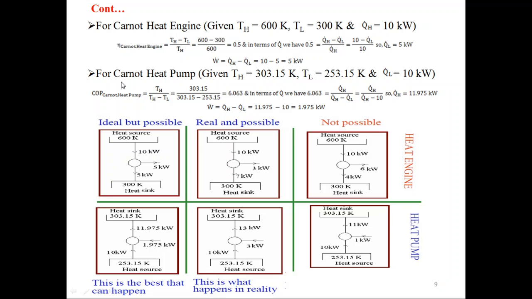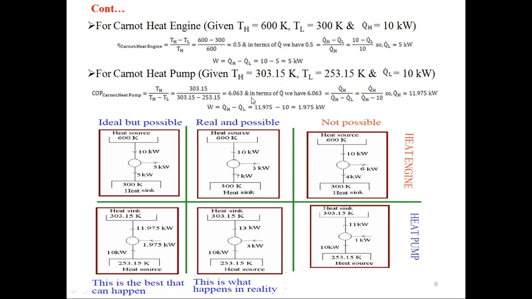Next example is for Carnot heat pump. Suppose the given conditions are value of TH, that is high temperature reservoir, is 303.15 Kelvin, and the value of low temperature reservoir TL is equal to 253.15 Kelvin, and the amount of heat extracted from the low temperature reservoir is 10 kilowatt. We know that COP of Carnot heat pump is given as TH divided by TH minus TL. Putting the value of TH and TL, we will get COP of Carnot heat pump as